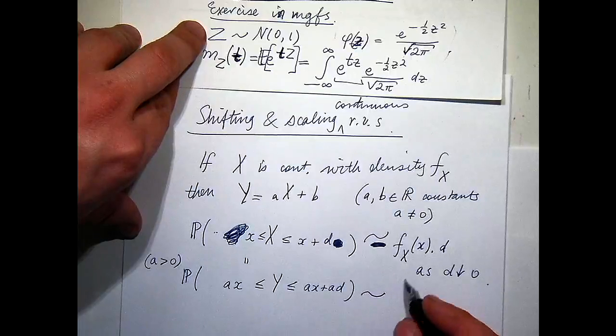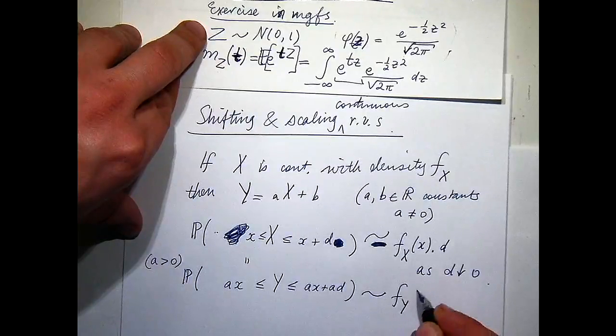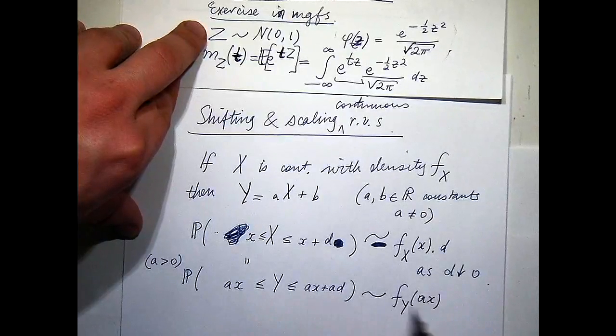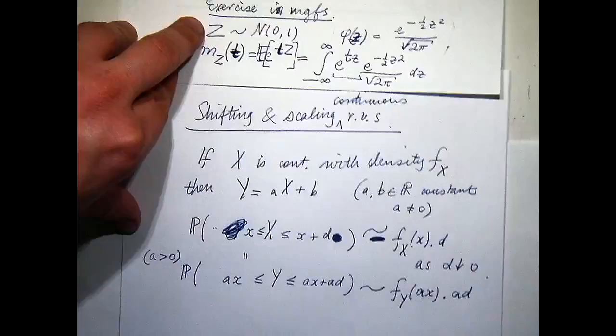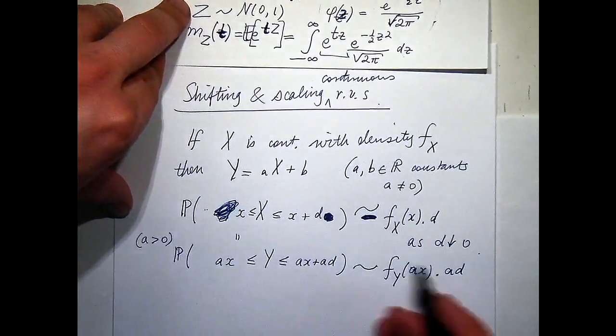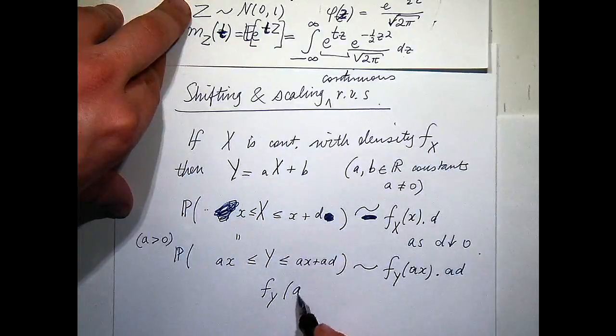Now that should be also asymptotic to the density f_Y of the point that's relevant. The relevant point is Y being aX, times the length of the interval. The length of the interval in this case is a times d. So if that's the case, then f_Y of aX is going to be equal to